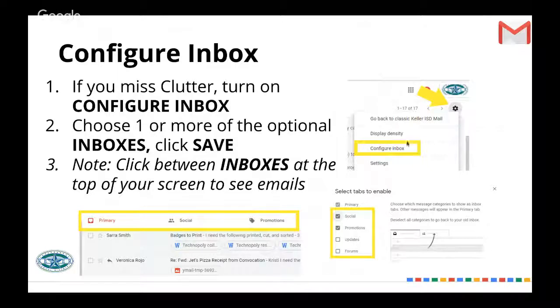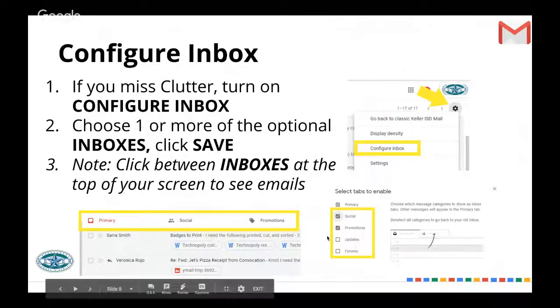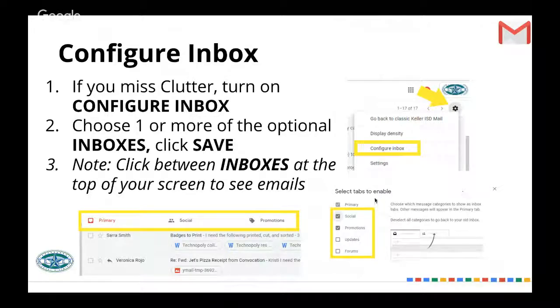To get there, the screenshot here shows you click on the settings gear in the top right corner and then select configure inbox. You'll get a window that looks like this, and you'll want to put a check mark in the categories that make sense to you. I'm a little more familiar with the top three. The primary would be your primary inbox, like you're used to. The second would be social, things like Twitter or Facebook, Google+, which would be labeled in the social category. And then promotions would be,